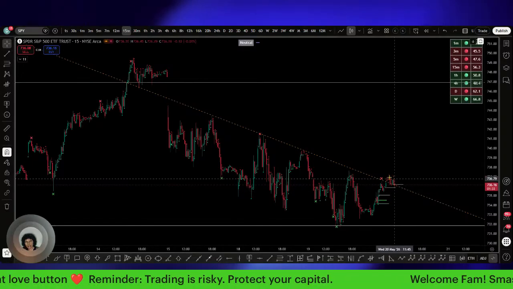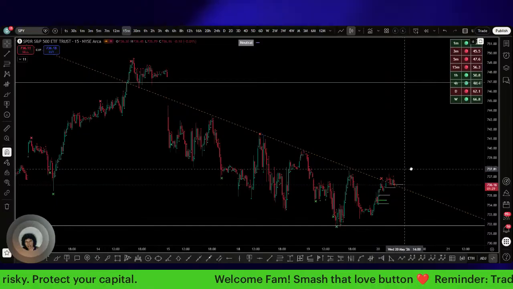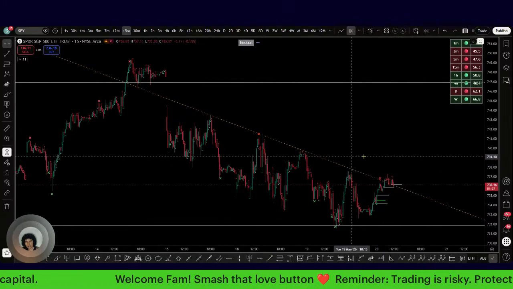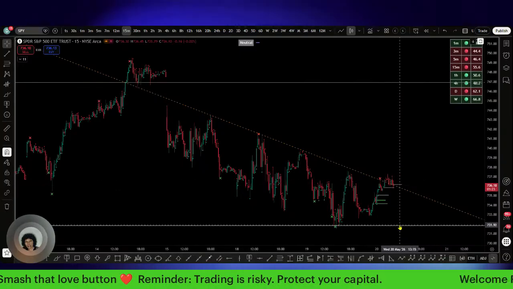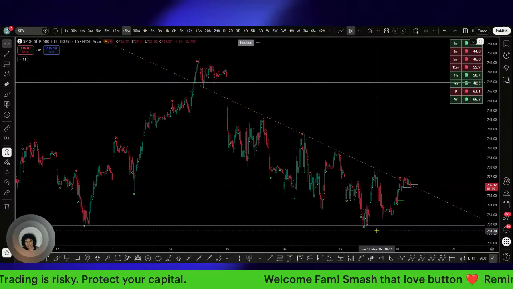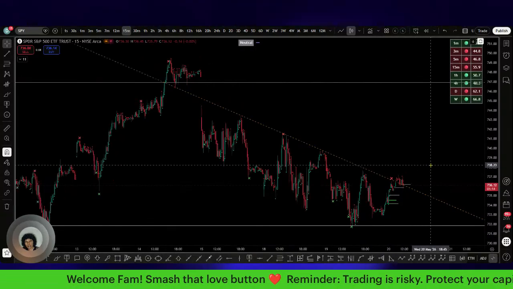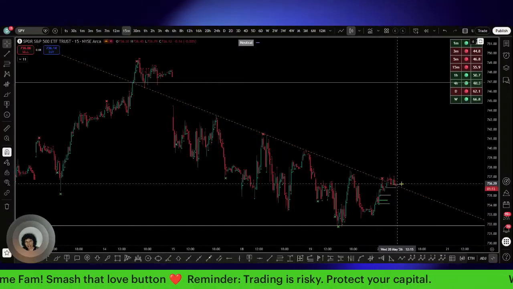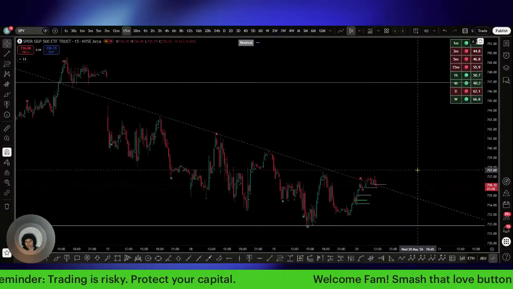SPY, you can see how it's struggling right through here as well. Bitcoin, same deal. Still within a low range of volatility that could still potentially break down below this low, but we've held it so far. It still could happen, especially with Nvidia earnings today. I don't know how the market's going to do when we open up. It's just still a possibility, so I'm just paying attention to it being a possibility.